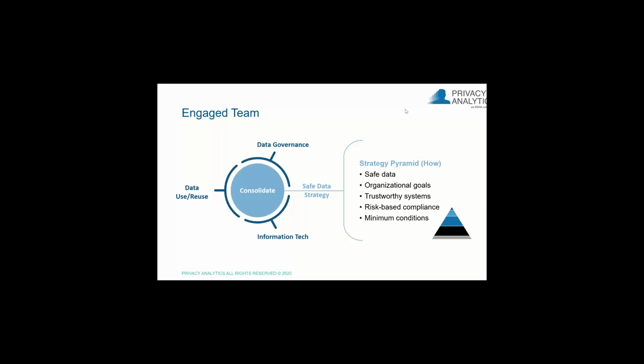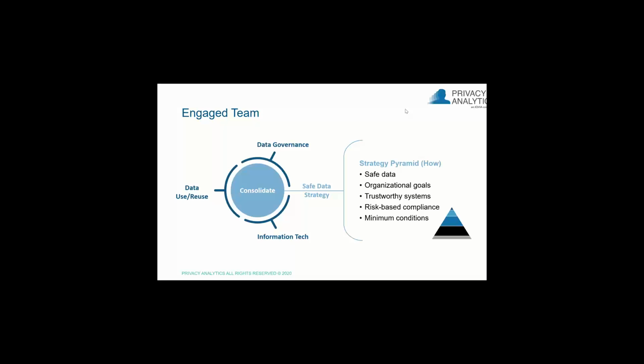The data use and reuse, well, we need full functionality, right? Ultimately, there are still business objectives that have to be met, so they have to be aligned as well. They have to be part of the conversation. Otherwise, it's just compliance for the sake of compliance. And ultimately, most likely, you're going to need information technology because they're part of the conversation in terms of the governance and the controls in place and the technology. So design of technology to enable those policy choices, right?